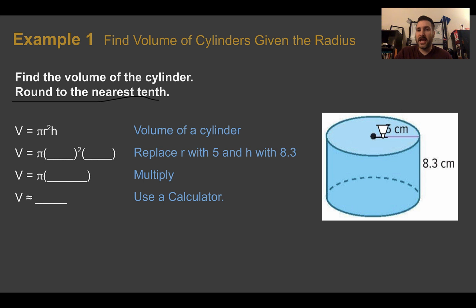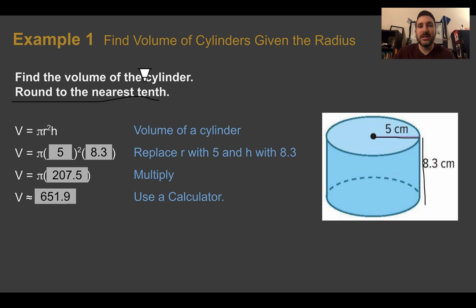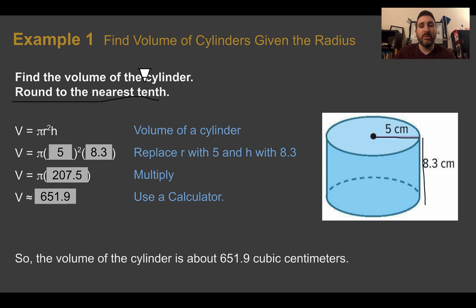So our radius is halfway across the circle for our base. So 5 is our radius, and then the height of our cylinder is 8.3. We're just plugging those in for r and for h. Once we've plugged it in, then we can just multiply out. So 5 to the second power is 25, times 8.3 is 207.5. Now we can use our calculator to multiply it out by 3.14, and our volume is about equal to 651.9